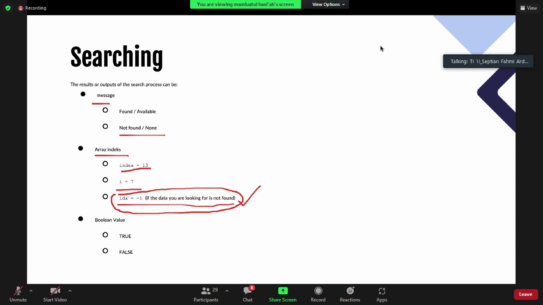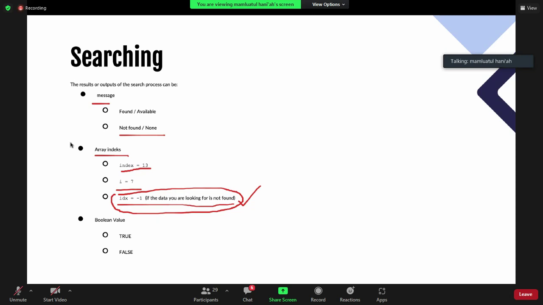I think because there is no index -1 on an array. Yes, it's right. Because we start our array from 0 and we don't have index -1. So if your data is not found, you can set your index to -1. It's just a flag, just a notification.